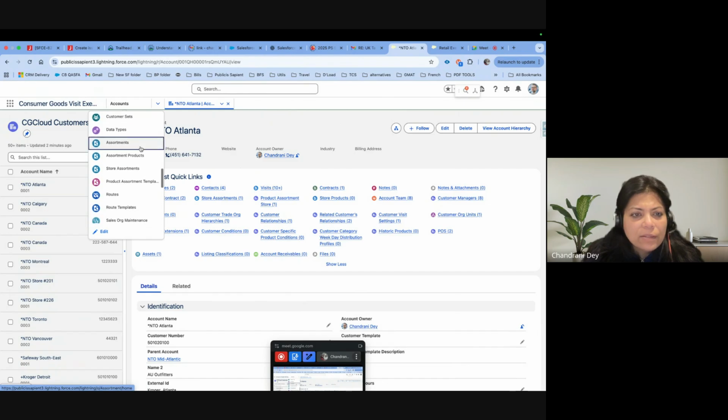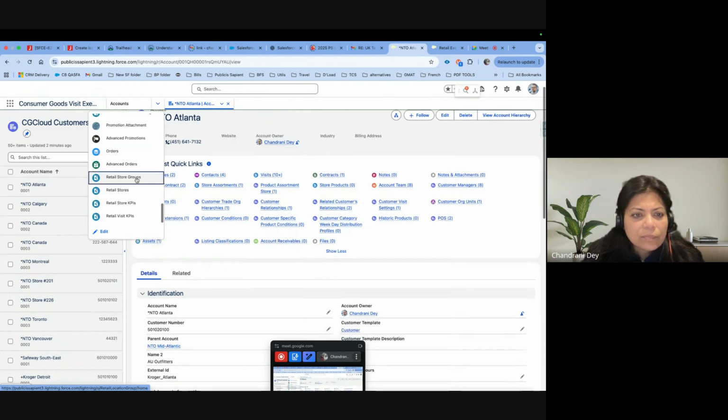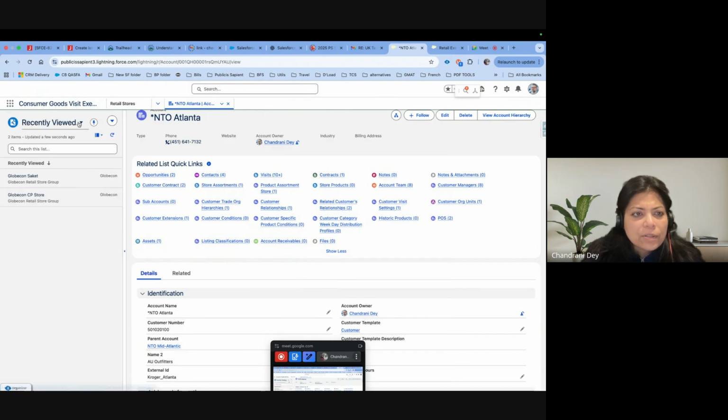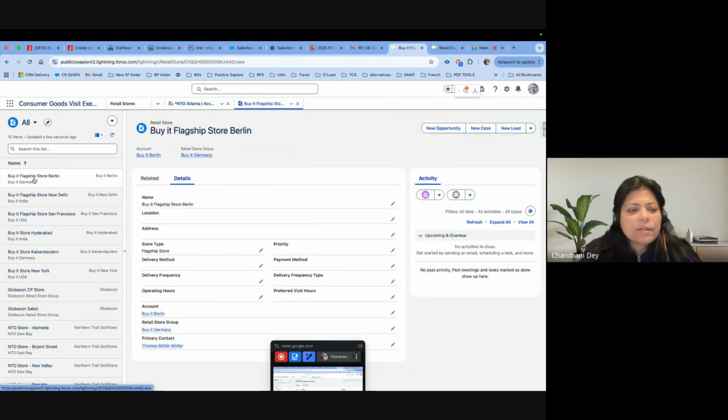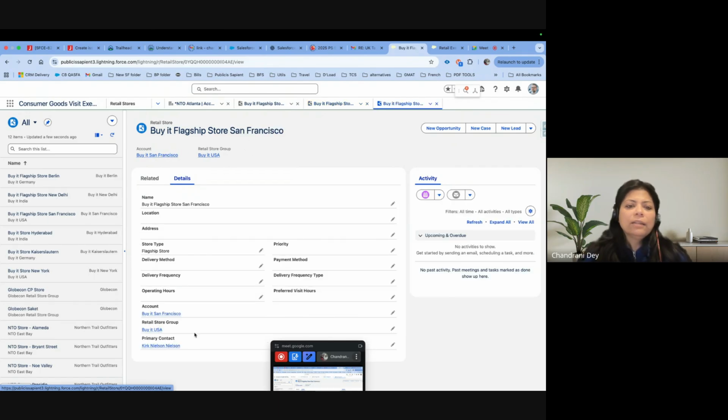Do we have the retail store here? Yeah, retail stores. Yeah, see, so this is again a kind of record. So Buy It flagship store Berlin. Buy It flagship is a kind of retail store in Berlin. Maybe the name is like that. Buy It flagship, you can have it in different locations. One is in Berlin, one is in New Delhi, one is in San Francisco, like that, and you will have its own